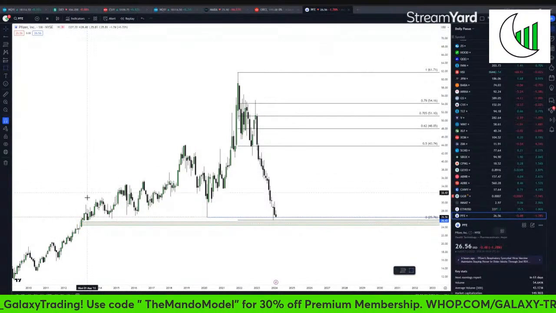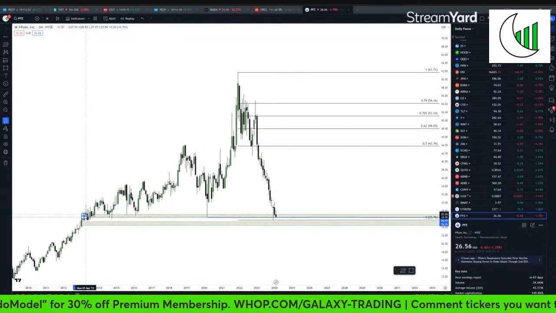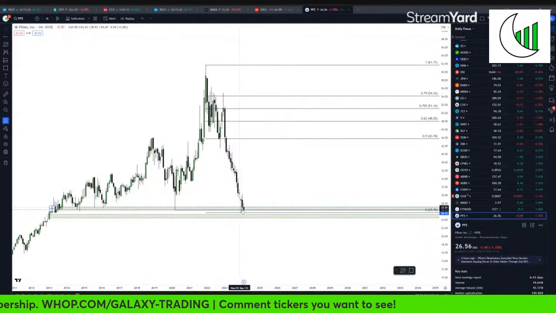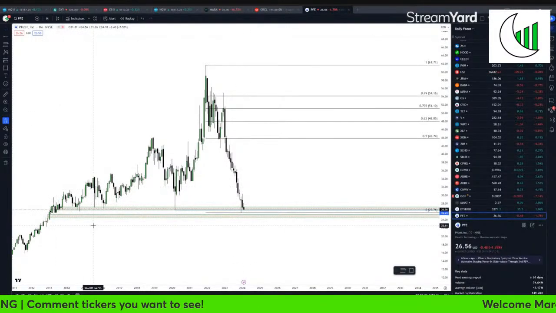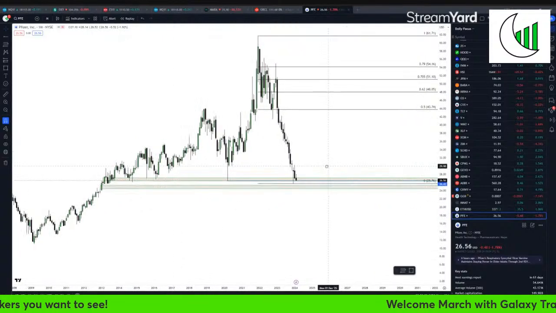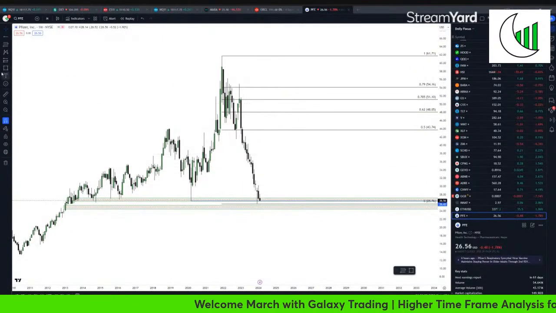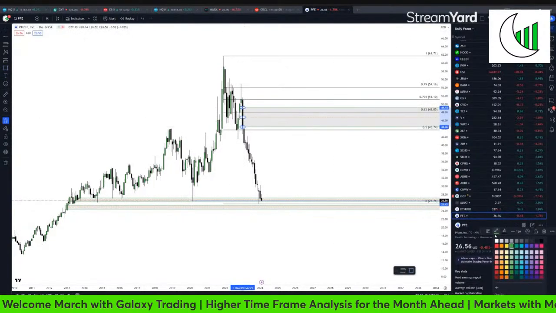Also right here, hold on, right there. Oh shoot, there it is. Okay, that's where we currently sit. This is our second attempt down into this area here. So this is an untouched imbalance down here, which is not all that bad. But from that point, again, it goes back to the idea that we know price likes to retrace into discount. So let's mark out some of these discount bearish